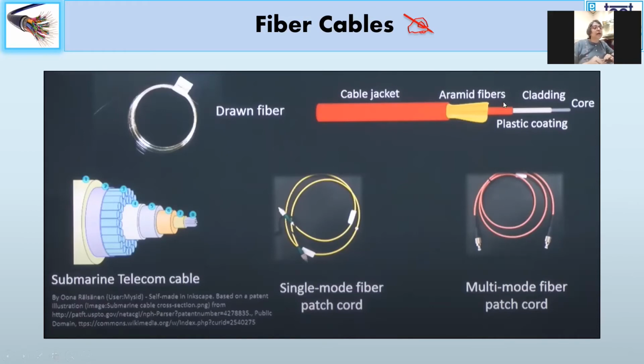So you have various coatings. That is, after the cladding, there is a plastic coating, then you have some fibers, then a jacket. All this makes multiple layers, and then you have a strength material. That day I had shown you the various arrangements and patterns that you follow to make your cables, so that you give them the required strength, protect them from the environment, and so that they can perform well.